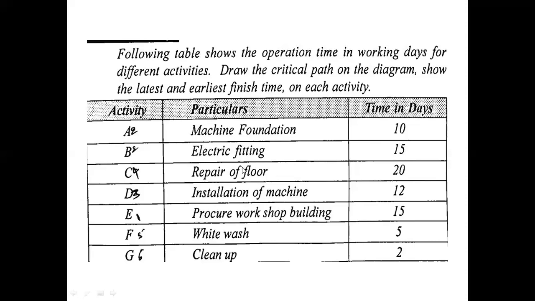And then after these three activities, what do we have to do? Then installation of machine can be done. So we have to install the machine with the help of some operator. Okay. And next, after installing the machine, what can we have? We can have the repair of floor. So the repair of floor can be done only when the machine has been laid. Suppose we repair the floor and after that we install the machine, then what happens? Some cracks on the floor can happen. So that's why we have to install the machine before the repair of floor.